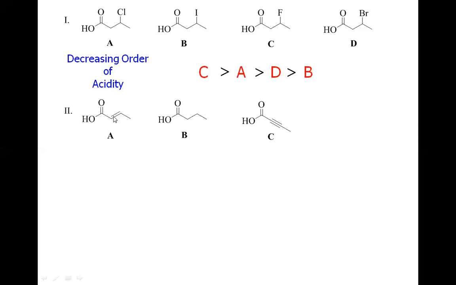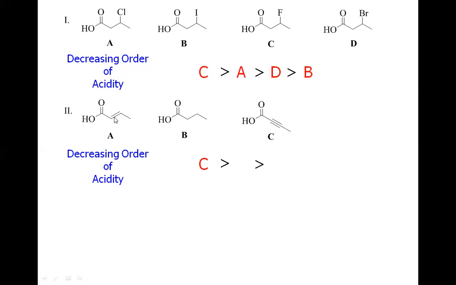and with sp2 hybridization, we have 33% character of S orbital, and with sp3 we have 25% character of S orbital. So the higher the S orbital character, the more withdrawing effect we have, because the S orbital is nearer to the nucleus of an atom. Hence the more contribution of S orbital will make it more electron withdrawing, and as a result compound C will be the most acidic among these three because of this sp hybridized carbon that is connected to this carboxylic group. So C is the most acidic, and by this token